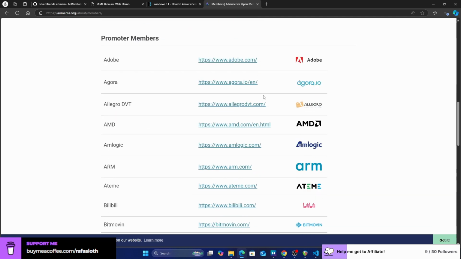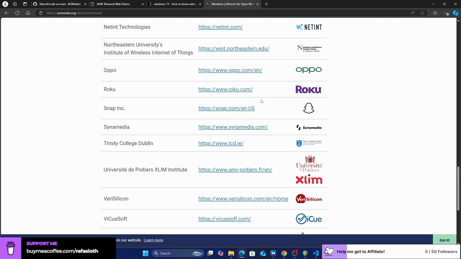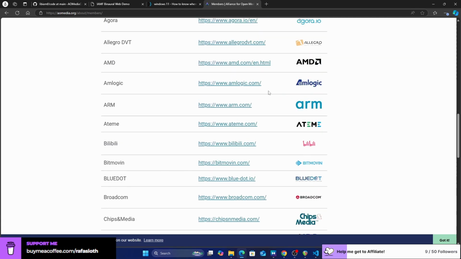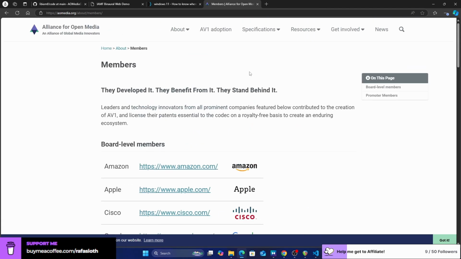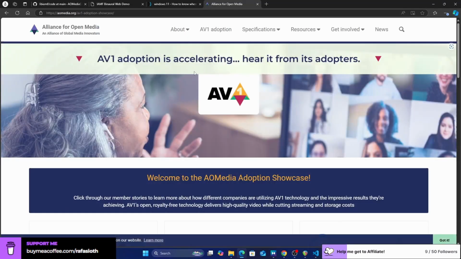Basically everyone but Dolby. Everyone but Dolby is in the Alliance for Open Media, and they created the AV1 video codec as well.